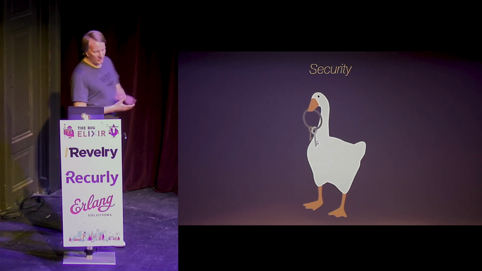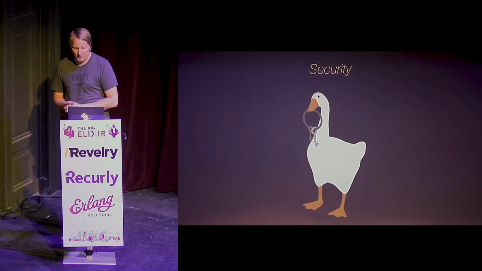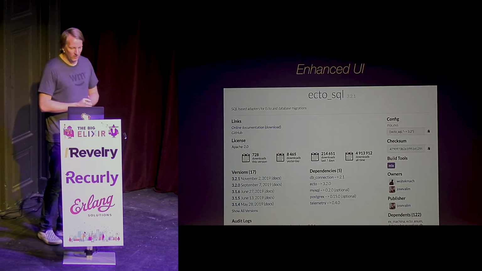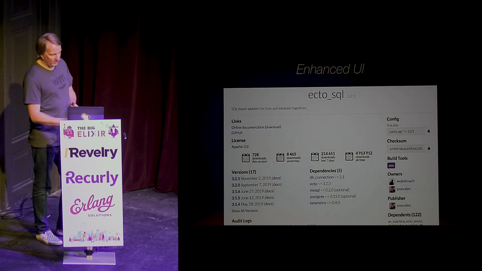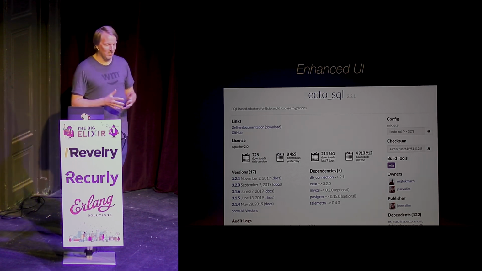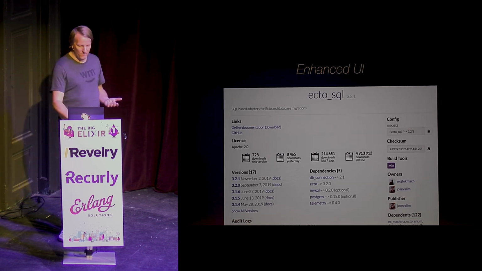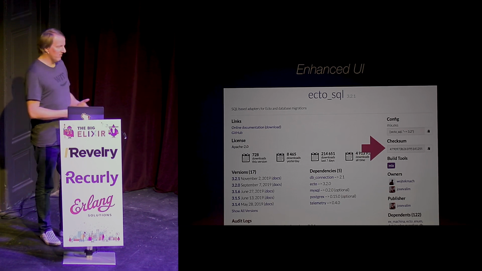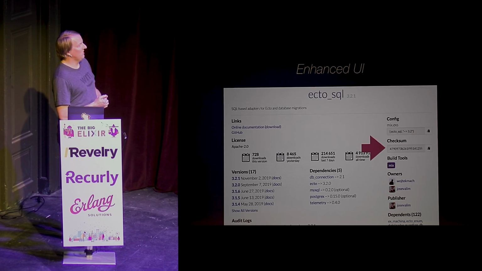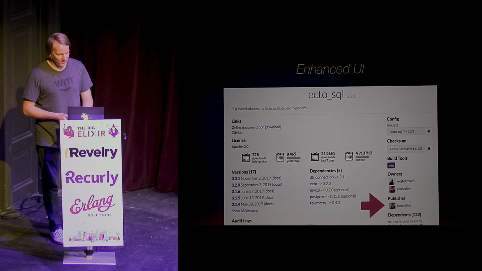And so this is where I change to what we've been working on as a team, I would say for most of 2019, and that's security. A couple of things that we've worked on is enhancing the UI. We realize a lot of security comes from just a lack of visibility to know when libraries were updated and who updated them. So we're trying to bubble those things up and make them visible in more areas, so it's easier to tell when maybe something weird has happened. So we added the checksum.